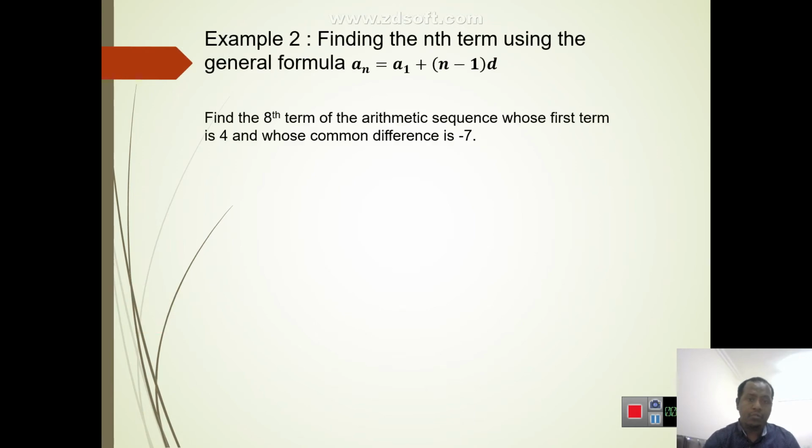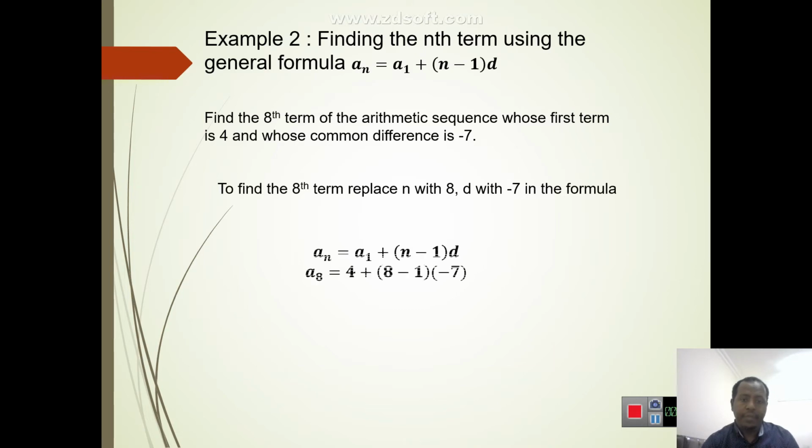In example 2, you are going to practice finding the nth term using the general formula. Example 2 says: find the eighth term of the arithmetic sequence whose first term is 4 and whose common difference is negative 7. This is very simple because the first term and the common difference are given, and you are asked to find the eighth term. To find the eighth term, simply plug in the value of